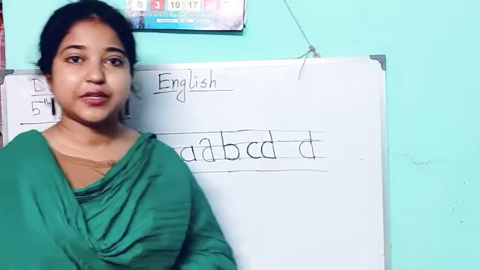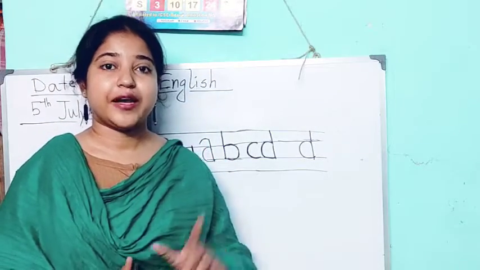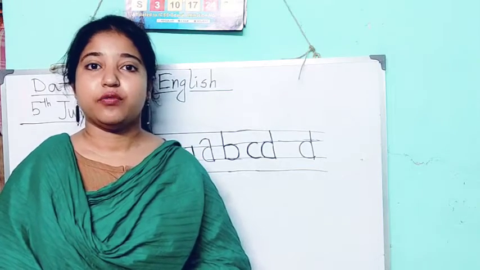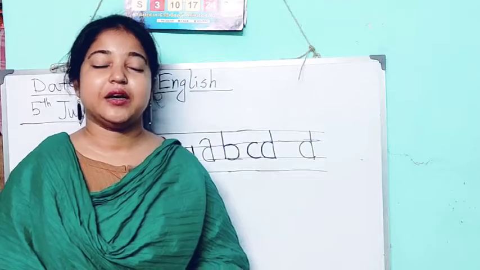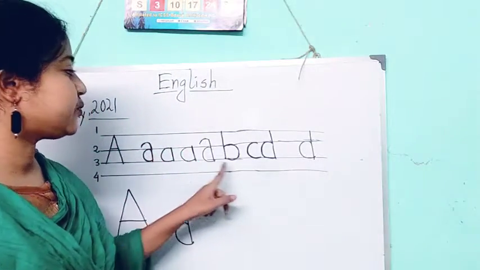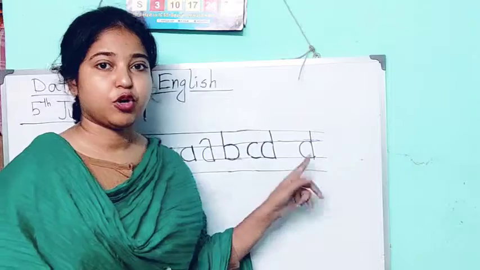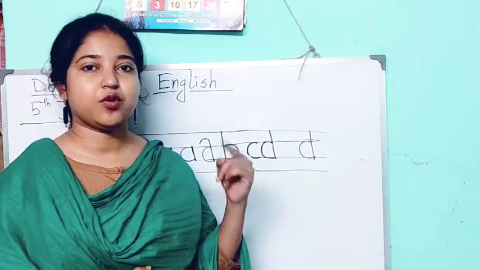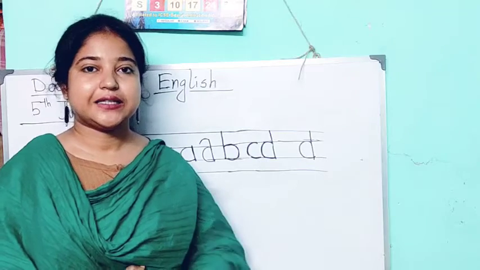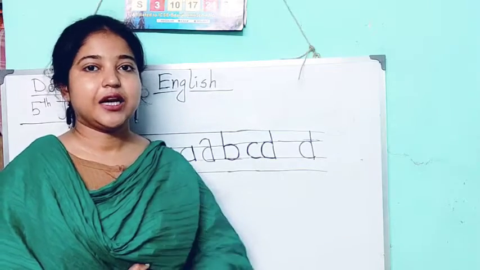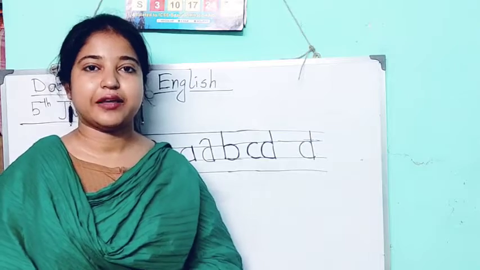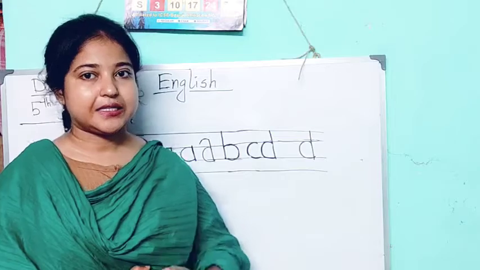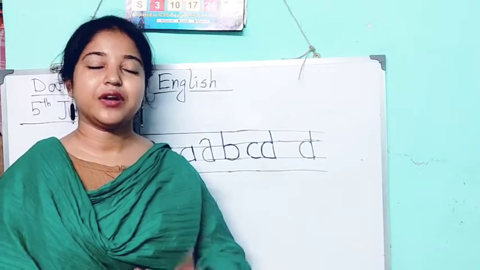So today what you will do, you will write 1 full page in your English copy, writing the small a, small b, small c and small d. I already told in your live class how you have to write. You will write 1 line for small a, 2nd line for small b, 3rd line for small c, 4th line for small d. Again, you will repeat the same, a, b, c and d. In this way, you will write only the small letters.